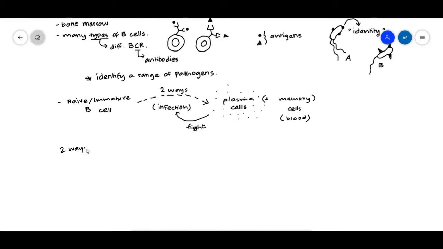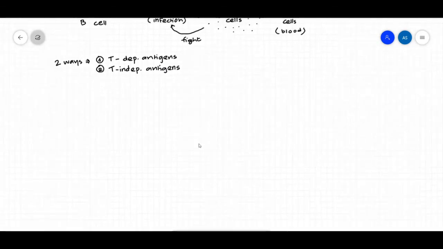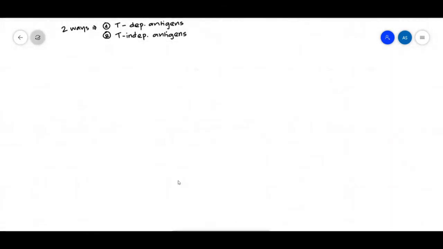So what are the two ways to produce plasma cells from B cells? The two ways are, number one, T-dependent antigens, and number two, T-independent antigens. Now, we're going to look at each of these in detail. First, we're going to look at